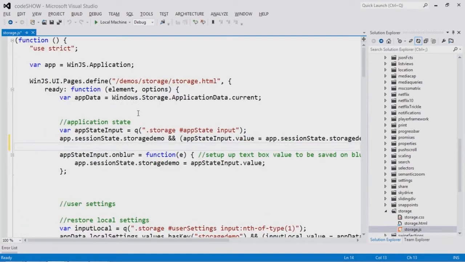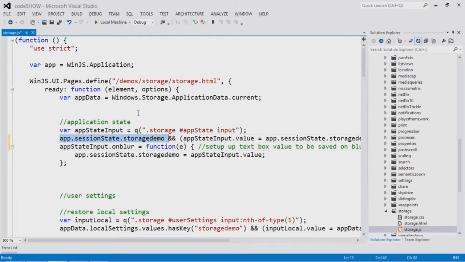This is one of the fun things about JavaScript, is the ability to add whatever you want right onto an object. And so we can add storage demo on there, not because it existed before, but just because we want to. And in this case, we're asking the question, does it already exist? By using this kind of interesting, relatively terse, and perhaps not readable enough syntax, where we're saying storage demo